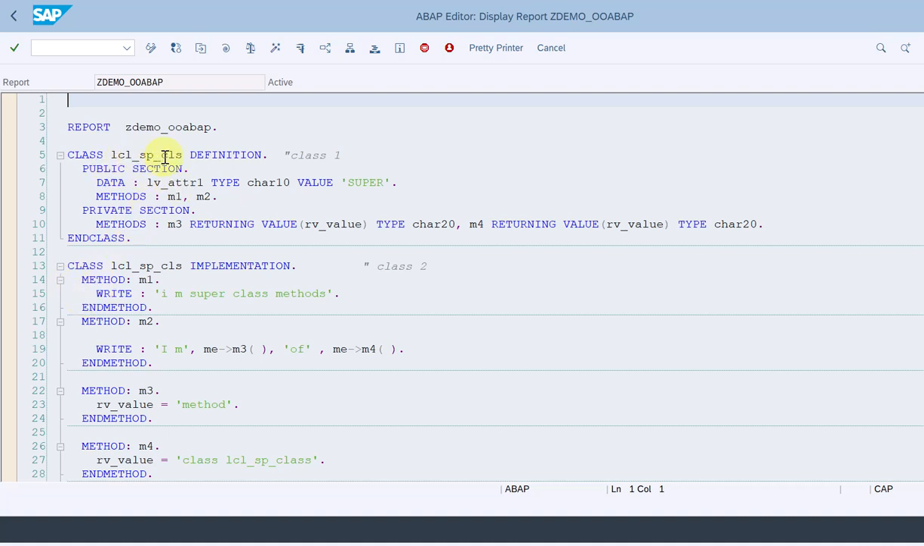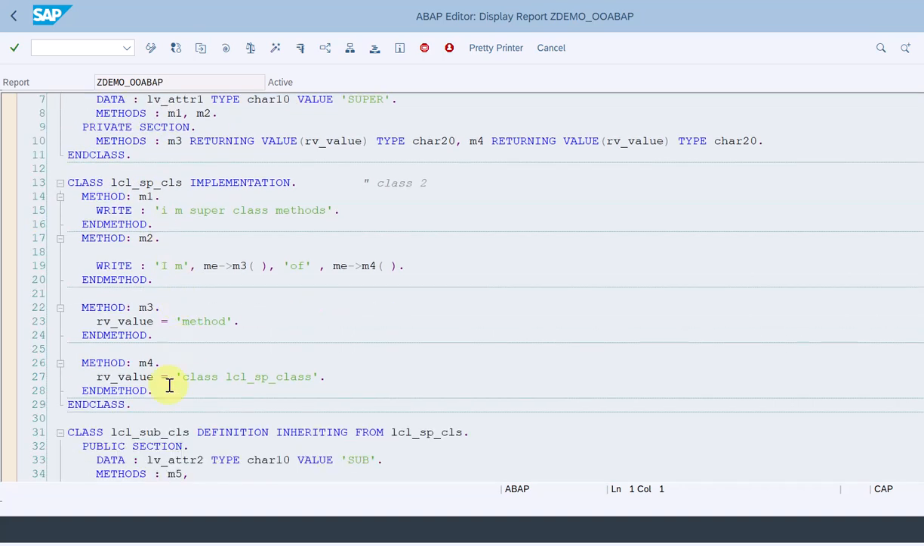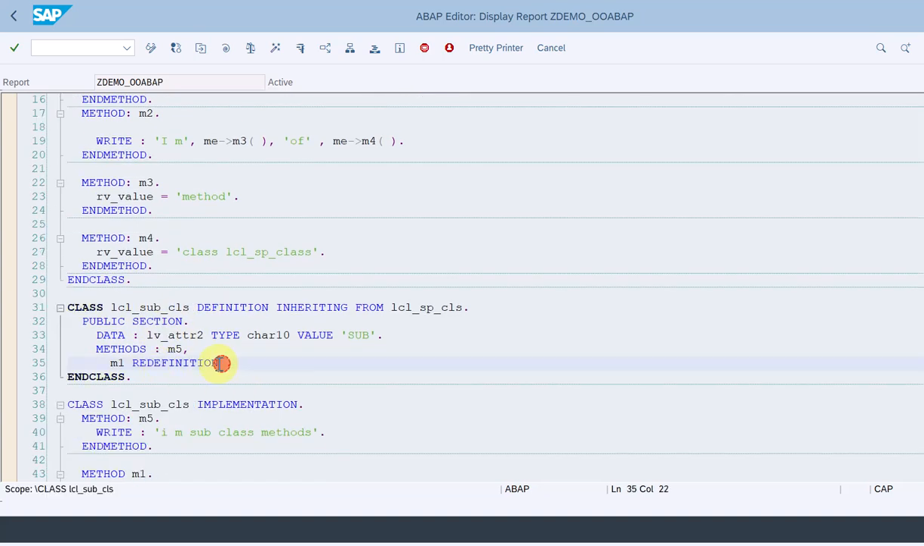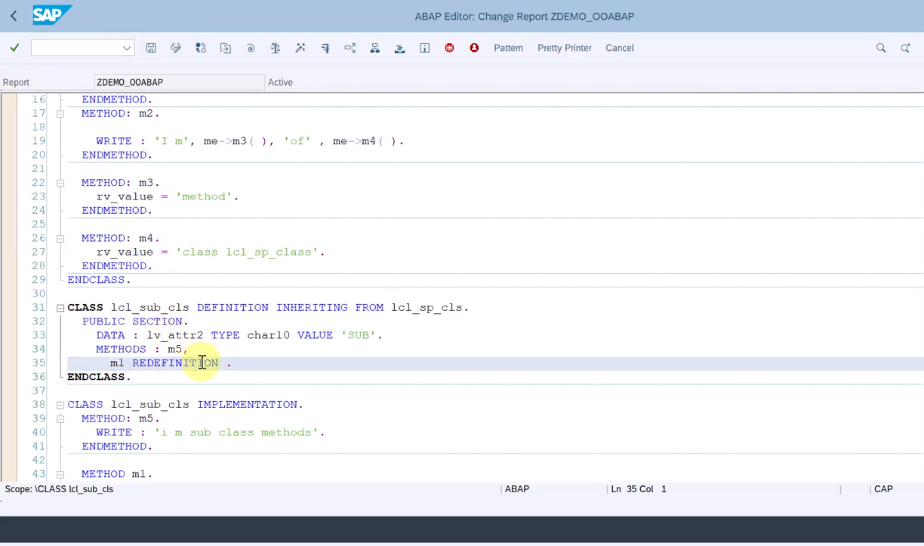So I have defined one superclass, and it has attributes and methods as well, some public methods and some private methods, and I have also defined a subclass. It has its own methods as well,